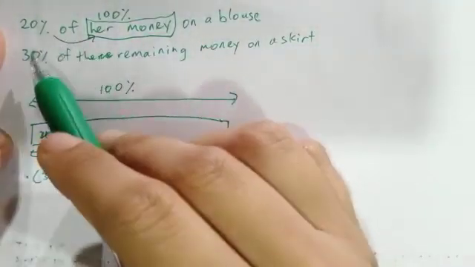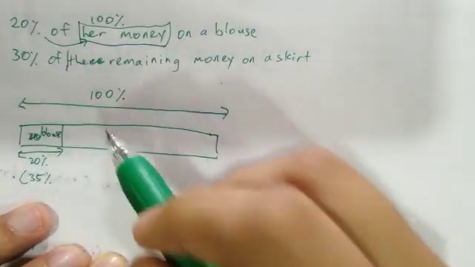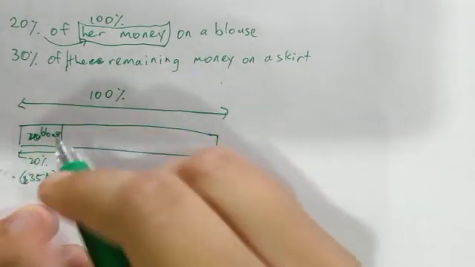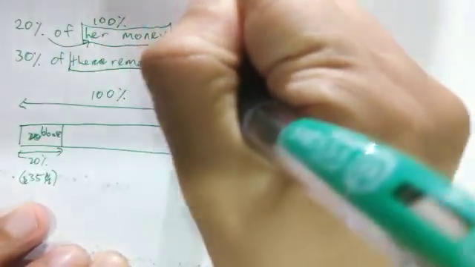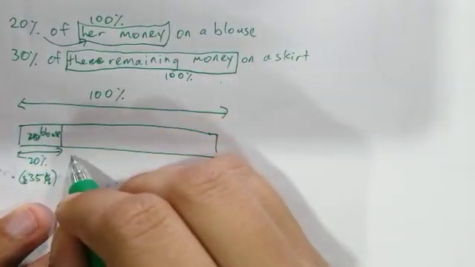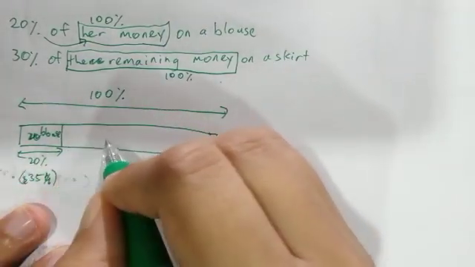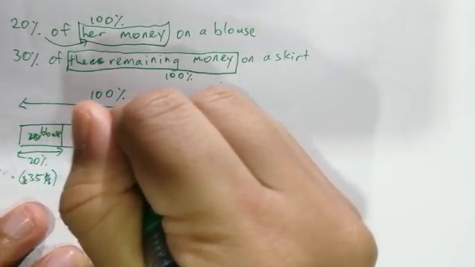Right, next sentence. 30% of the remaining money. So this would be $35, right? Okay, now she spent 30% of the remaining money. So this one would be 30% and this one will be 100%. Remember, after the word of will be 100%. So that means this one has to make it to 100% again. For me to find this one, I need to find what is the leftover. So this one will be 100 minus 20 equals to 80%. So first thing I need to find